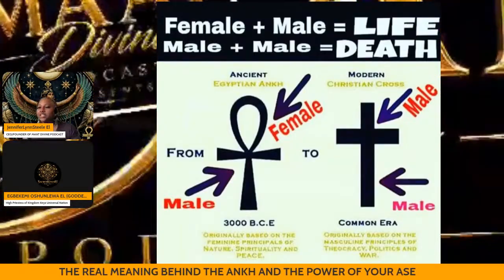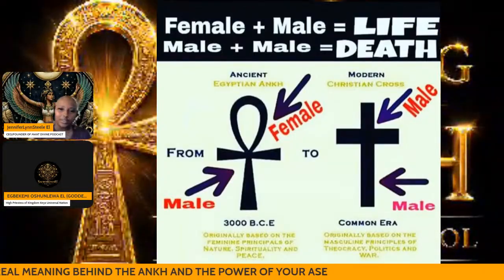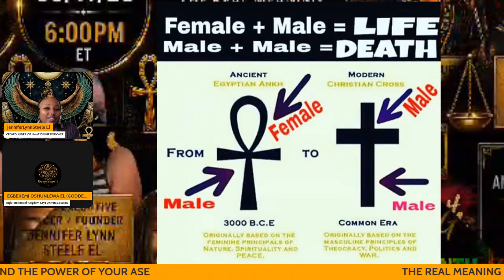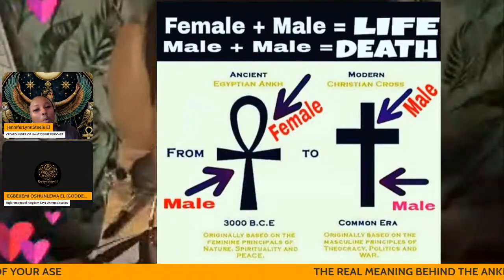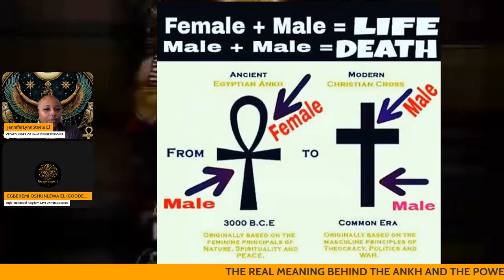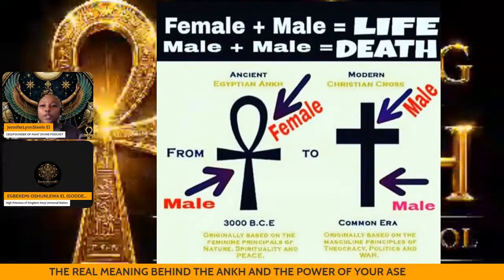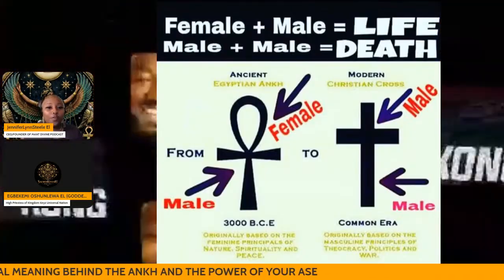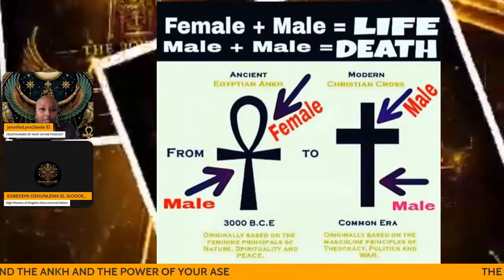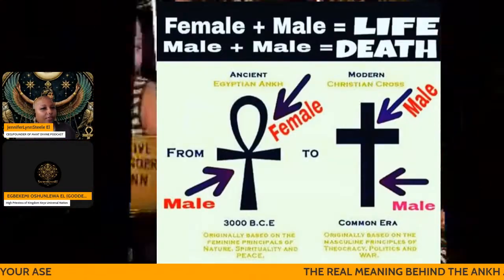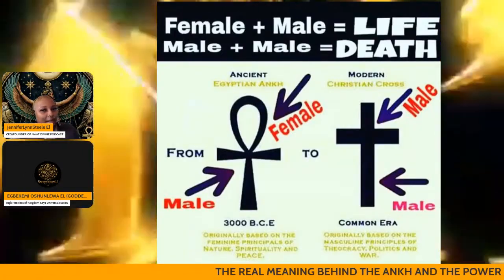So what does this, metaphorically speaking, cross tell us? This is the key to politics, and this is the key to war. And why is it completely patriarchy? There's no feminine energy in this with the cross, you all. There is no balance. There is no female and male, which we need each other. There's no me without him. There's no him without me. But this cross completely says male and male.